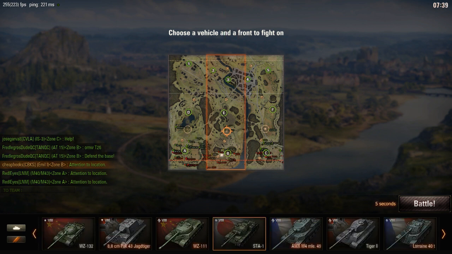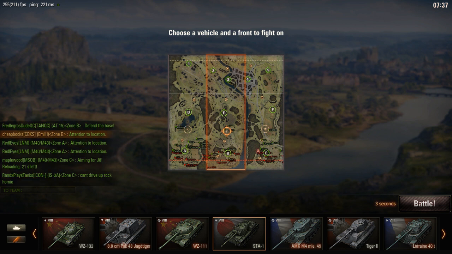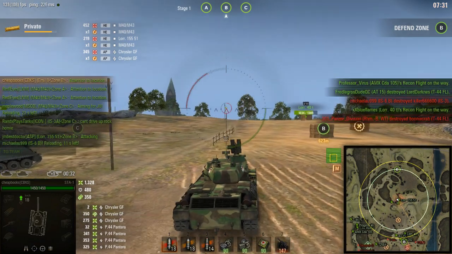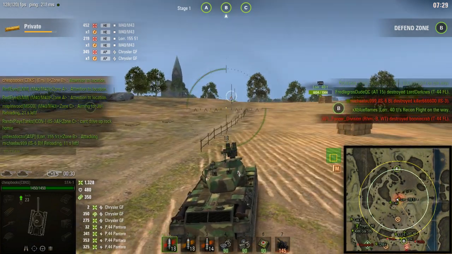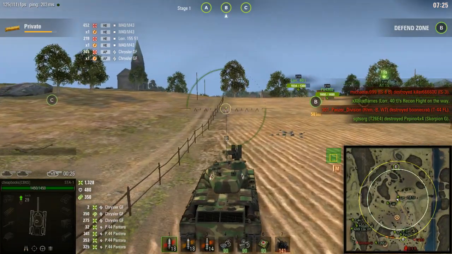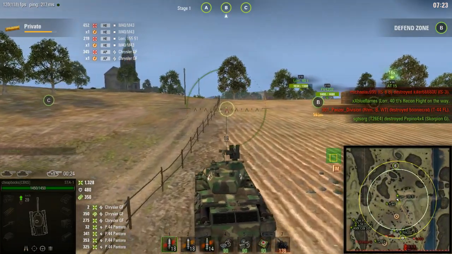Looks like I'm coming in with an STA-1. STA-1 is a good general purpose all-around tank. This is a good tank to start the game with. The autoloaders dominate this game. This is obviously not an autoloader, but I seem to recall...